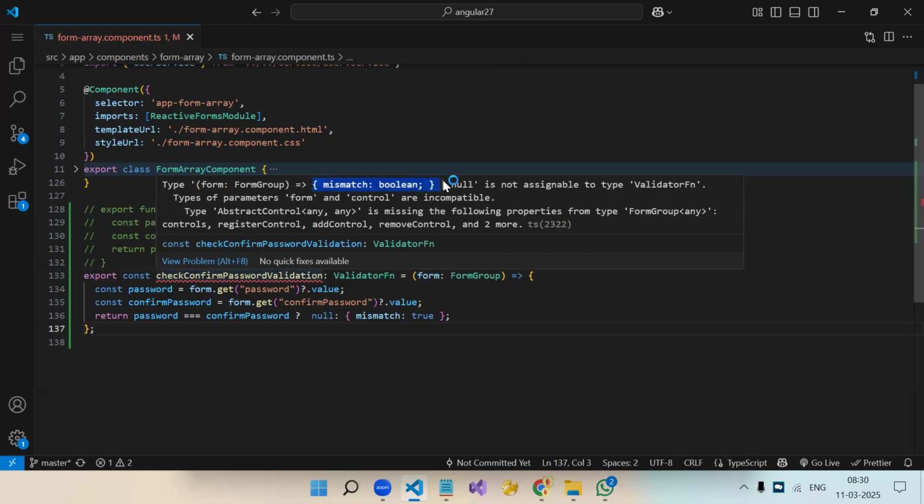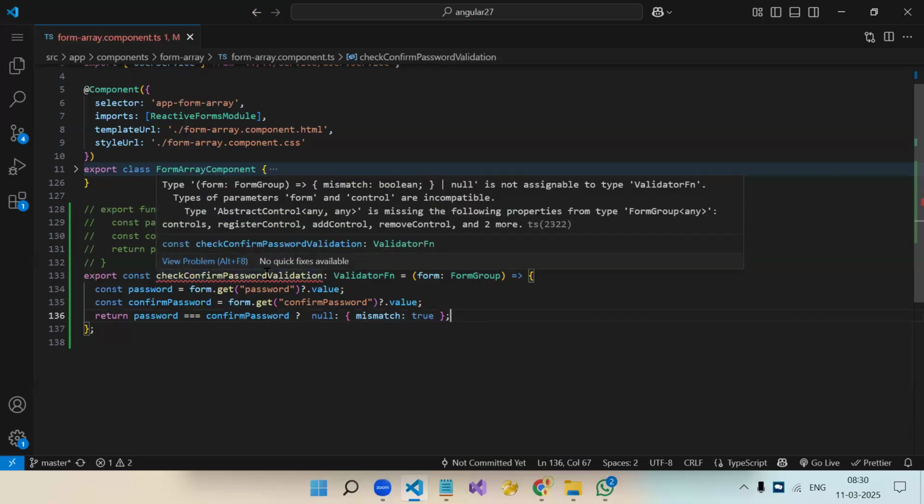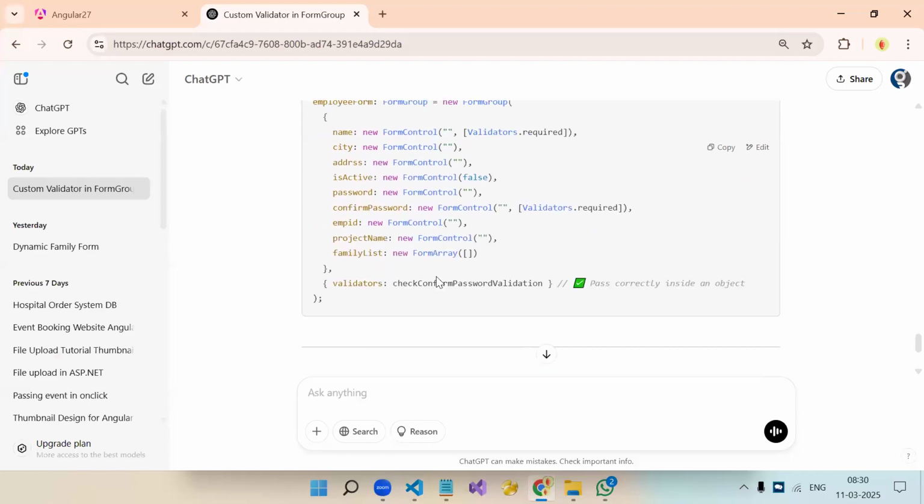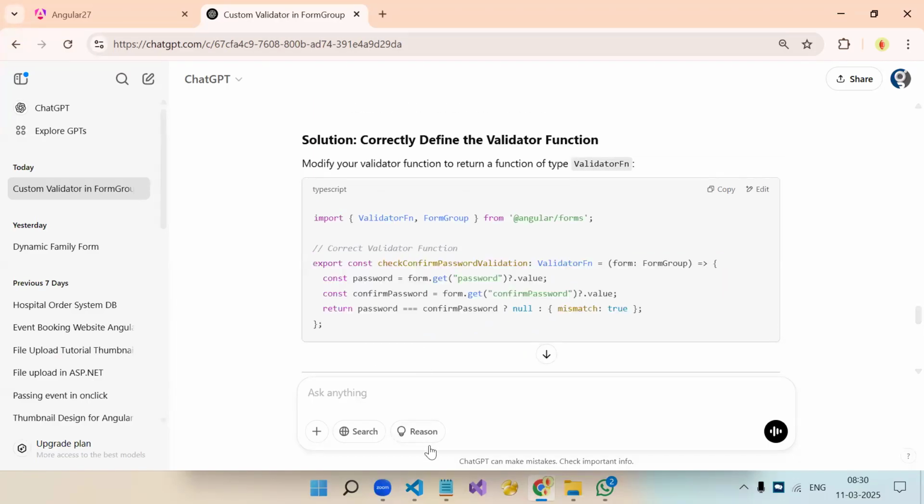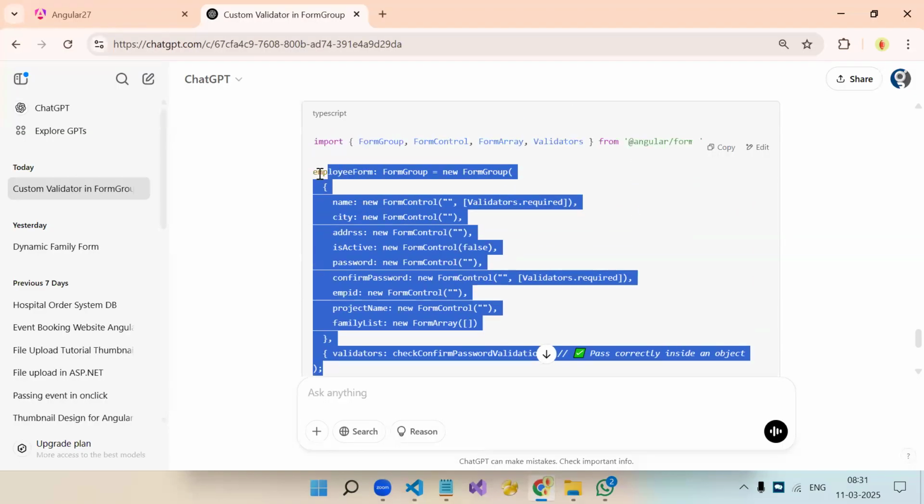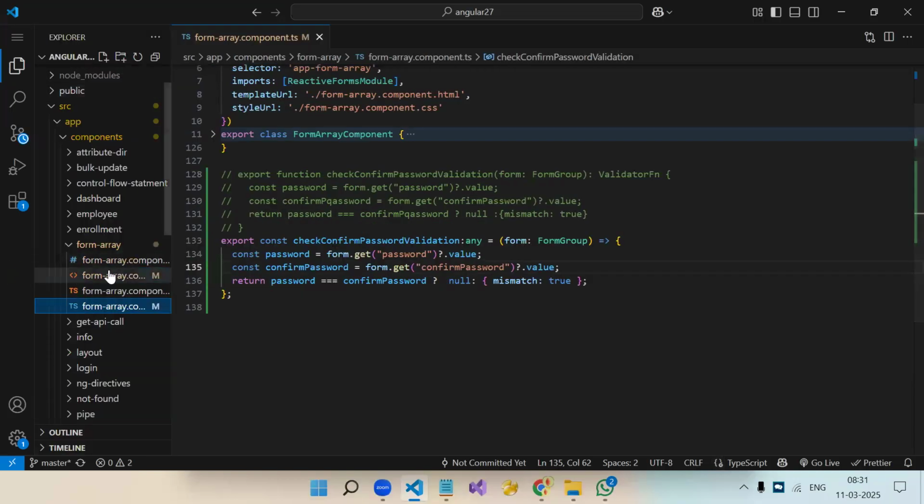ये पहले बोल रहा है कि मिसमैच, बूलियन इज नॉट असाइनेबल टू वैलिडेटर फंक्शन। फॉर्म की वैल्यू भेजनी है, वो कंट्रोल को भी भेज सकते हैं, लेकिन फिर दो फंक्शन लगेंगे ना। इसको डेटा टाइप का प्रॉब्लम है, क्योंकि डेटा टाइप अपन ने वैलिडेटर फंक्शन दिया। ठीक है, एनी लगा के चला के देखते हैं। अभी चल गया। अब जब अपन वैलिडेटर का डेटा टाइप दे रहे हैं, तो इसको कुछ रिटर्न टाइप चाहिए। अपन यहाँ पे नल भेज रहे हैं, वैलिडेटर फंक्शन को नल नहीं चलता। पहले ये देखते हैं कि वैलिडेशन चलता है कि नहीं।